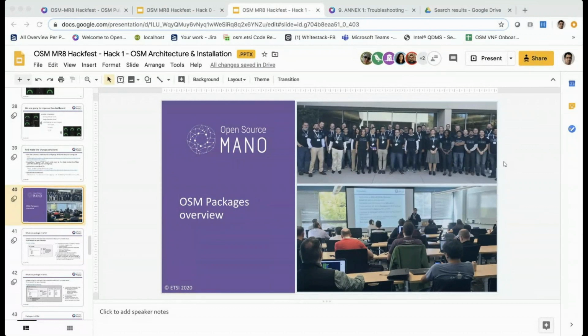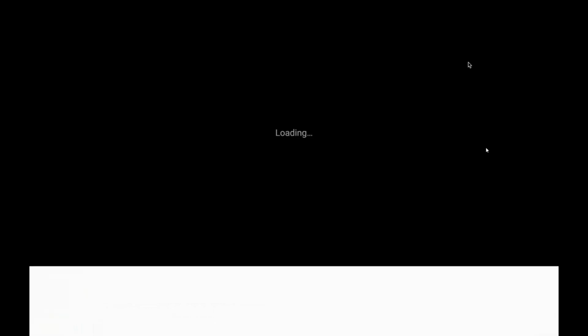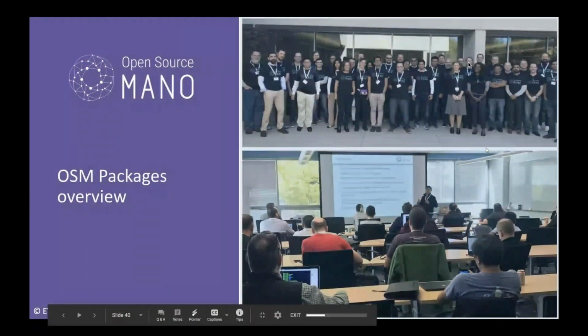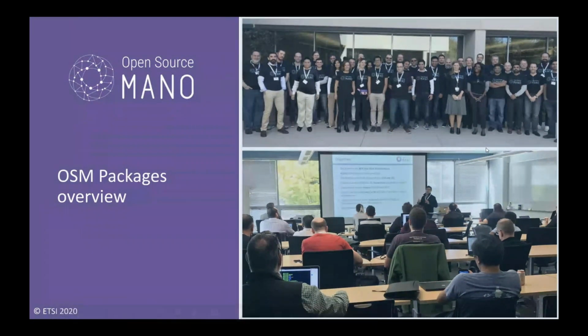Thanks, Alexis, for the session. Now, the next one, before starting to instantiate something in your setups, I would like to make a quick review of packages in OSM. Because packages are the elements that contain all the modeled information of the network function or network service, which is a set of network functions. So anything you want to instantiate or automate in OSM